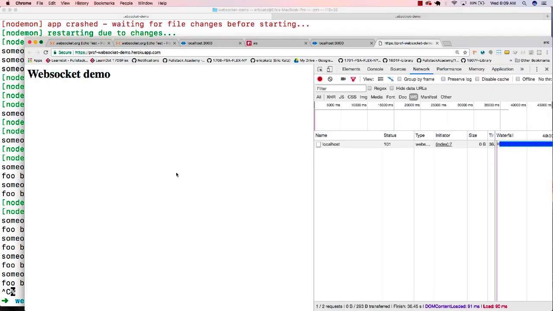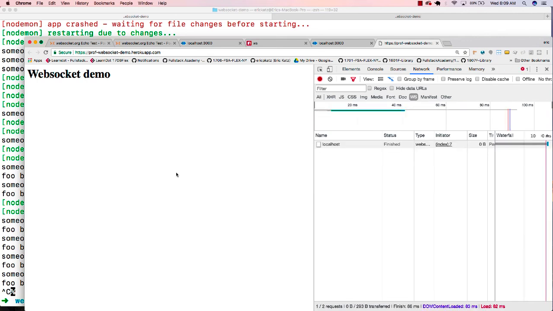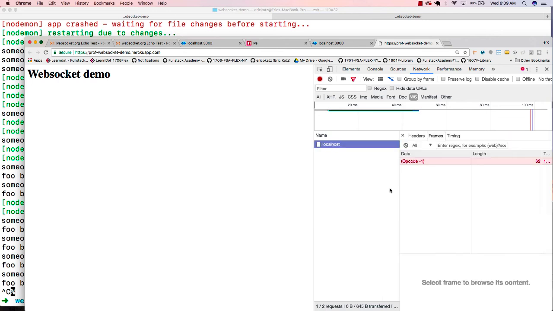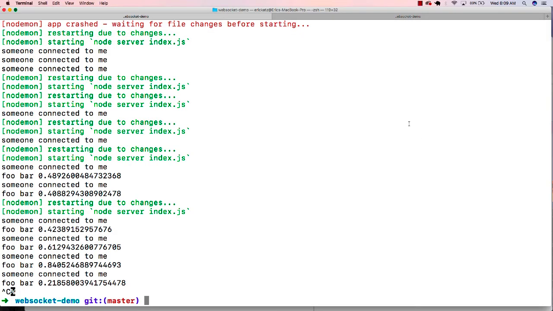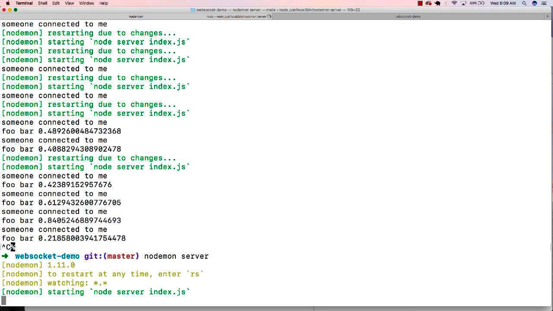And I'm going to go and reload this page. And if we look over here at the console, we'll see, hey, look, we can't connect. Again, this is running on the client, and we're not able to connect to localhost because localhost is not running. If I go and restart this again,